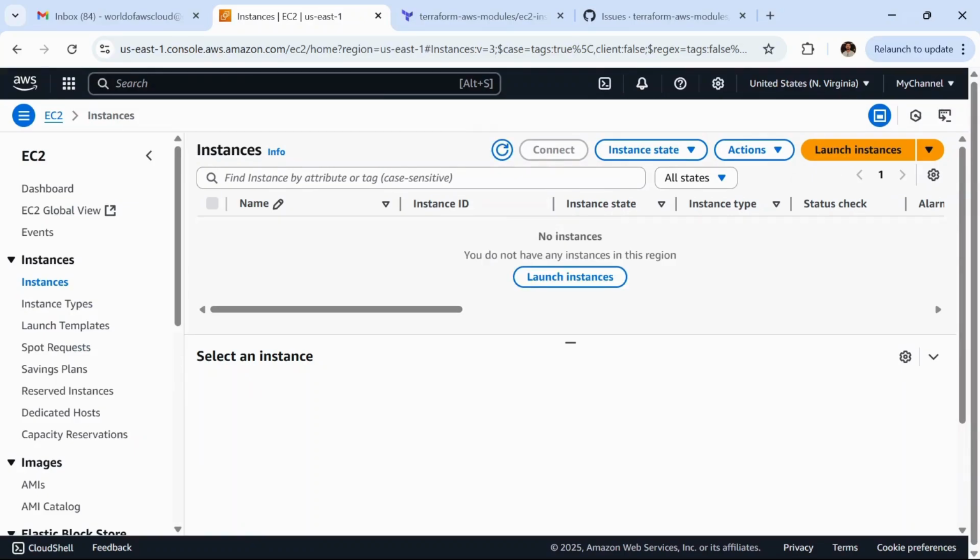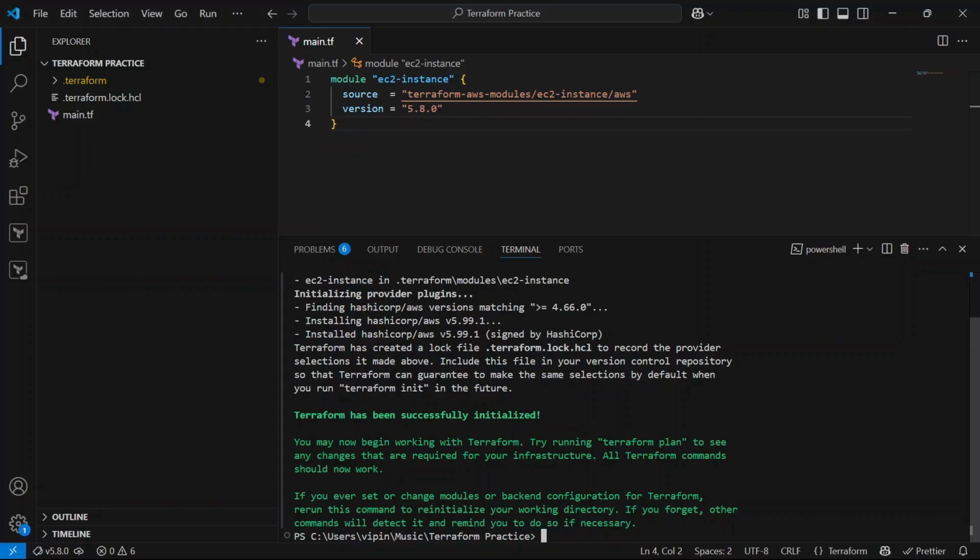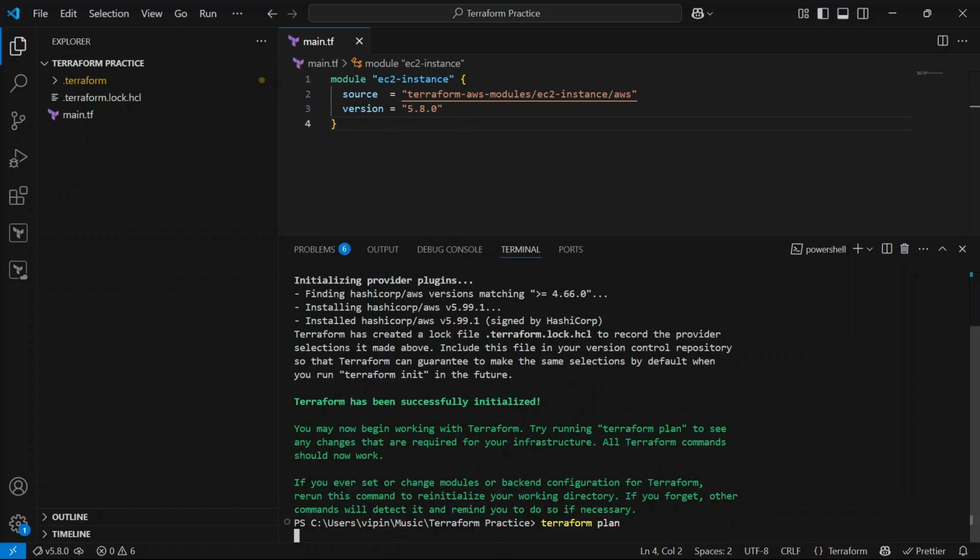We don't have any EC2 instance running in this AWS account. Let's go back to VS Code; our backend has already been initialized. Let's run terraform plan to see what resources our Terraform configuration is going to create. Let's wait a few more seconds so that it generates the plan.